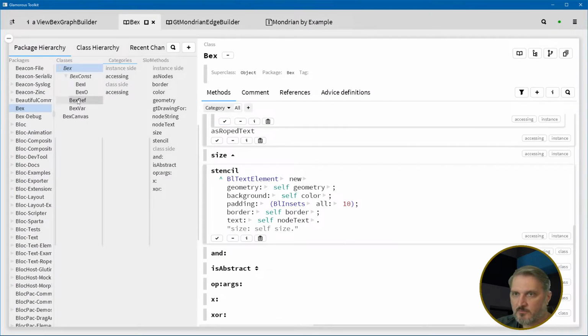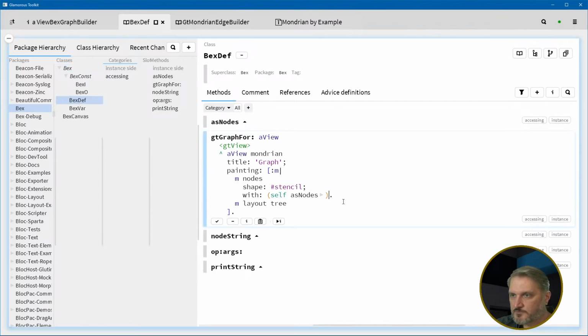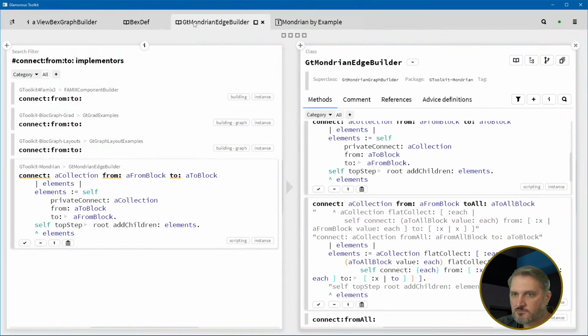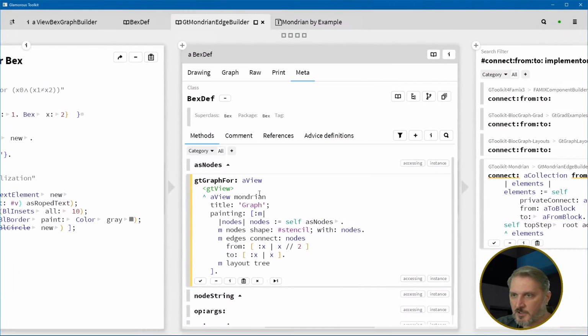I need to look at the Beck's def GT graph for. That's what I want. Oh, where did it go? Here. Okay. I was already looking at this. It was just I lost my context. Okay. I just connect nodes from to all from, I think you can say yourself to all